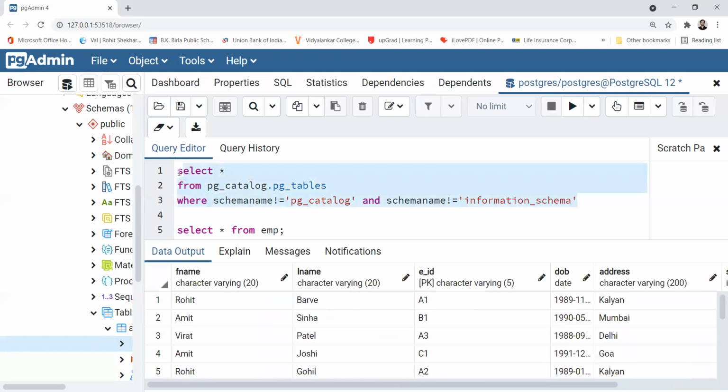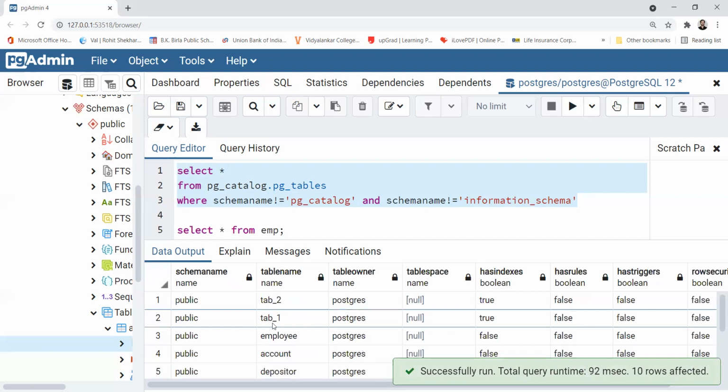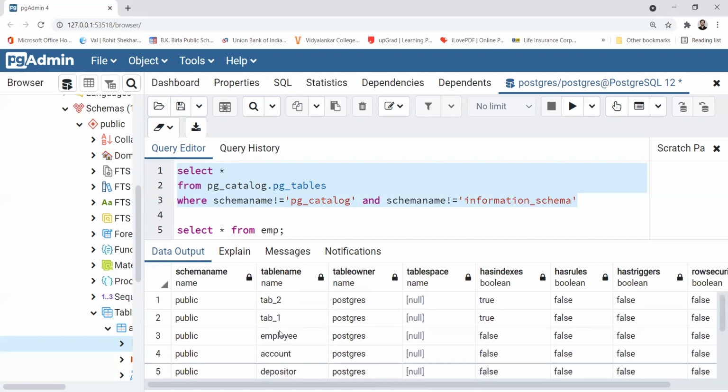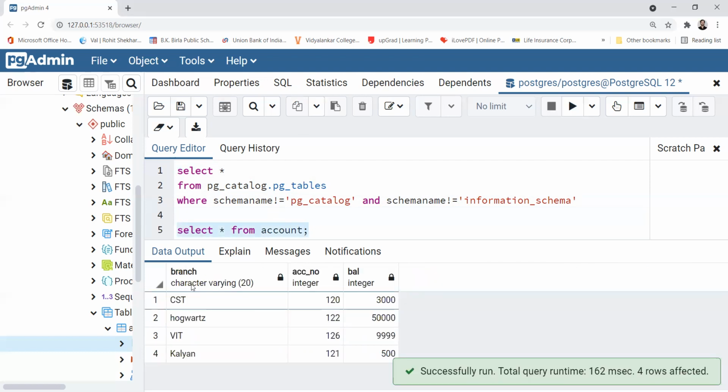Right. Now let's have a look at some other tables as well that are already there in the schema. Like let's see the account table. So select star from account and semicolon. You can see branch, account number, and balance.